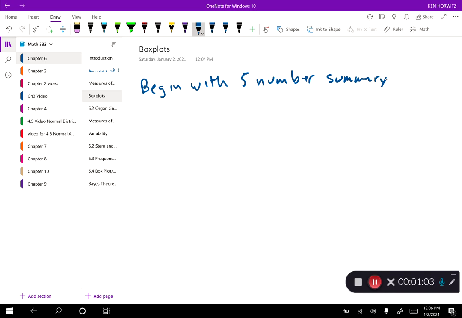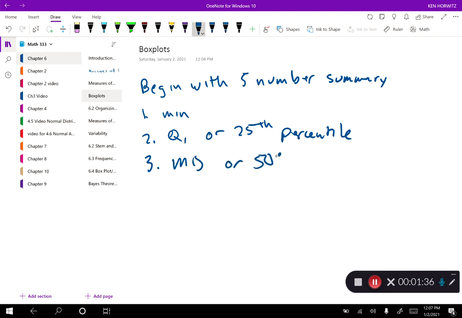Now, we ended the last section by briefly talking about the 5-number summary, but let's go over the elements of it again. So the first is we have the minimum value. The second is the first quartile, or 25th percentile, Q1. Oh, that should be a 3. The median,